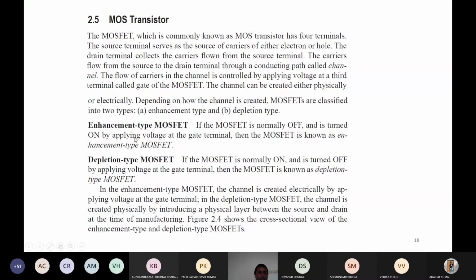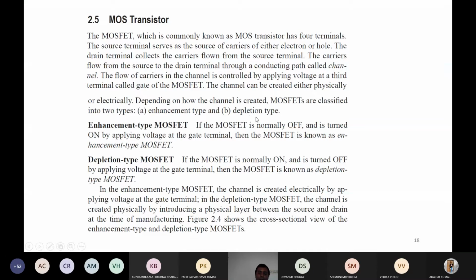So it has two types, mainly. JFET I am not going to discuss, but MOSFET related. So the enhancement type, on the basis of structure, depending on how the channel is created, is classified as enhancement type, and also based on the already present layers, depletion type. Enhancement type means we are creating the channel by application of gate voltage, as previously we have seen. And in depletion type, already during the fabrication some N channel will be created.